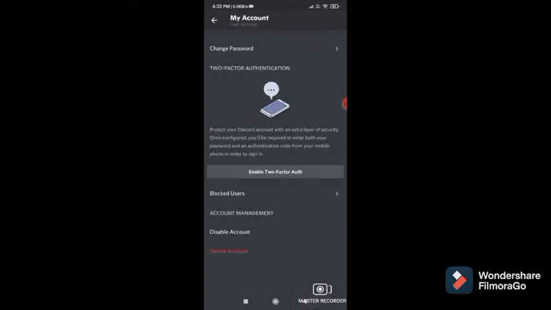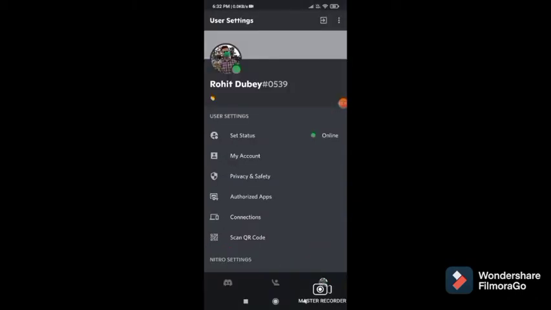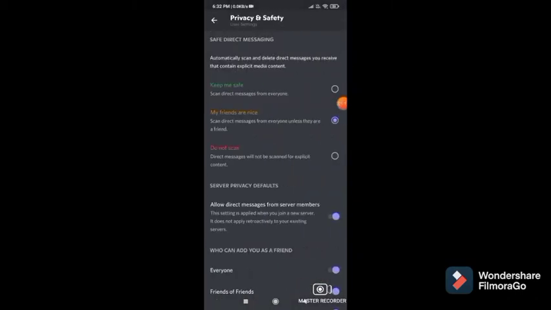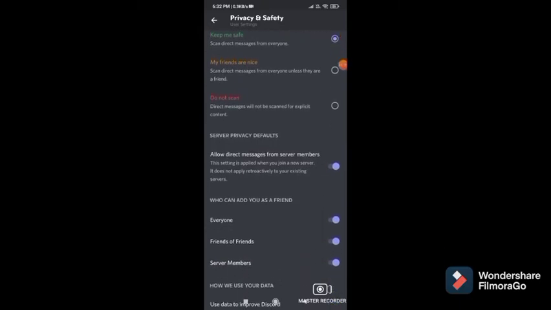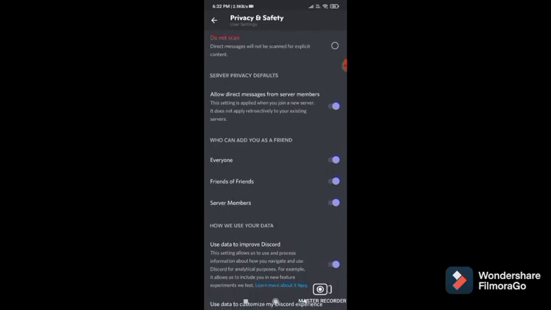At the bottom there is disable account and delete account. If you want to delete your account, then click on delete account or disable account. And here is privacy and safety. Read and understand carefully. I am showing you each step, so don't be confused.